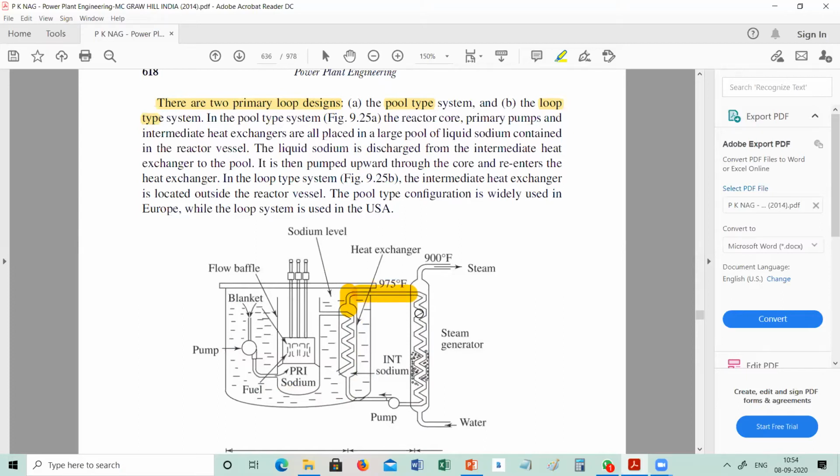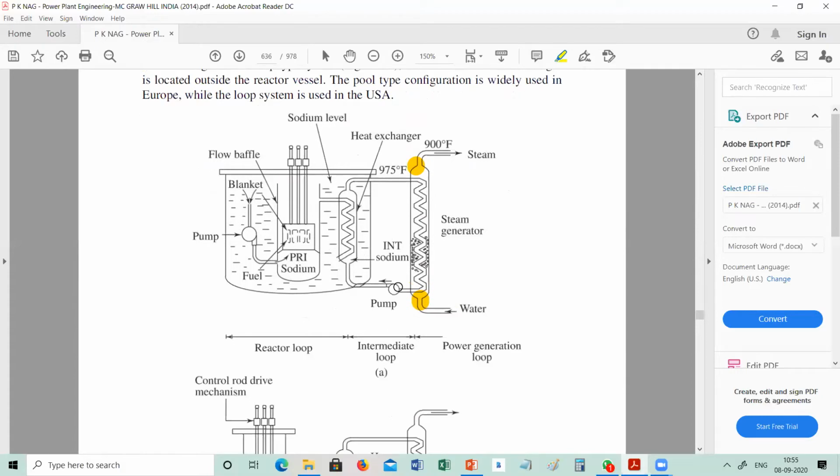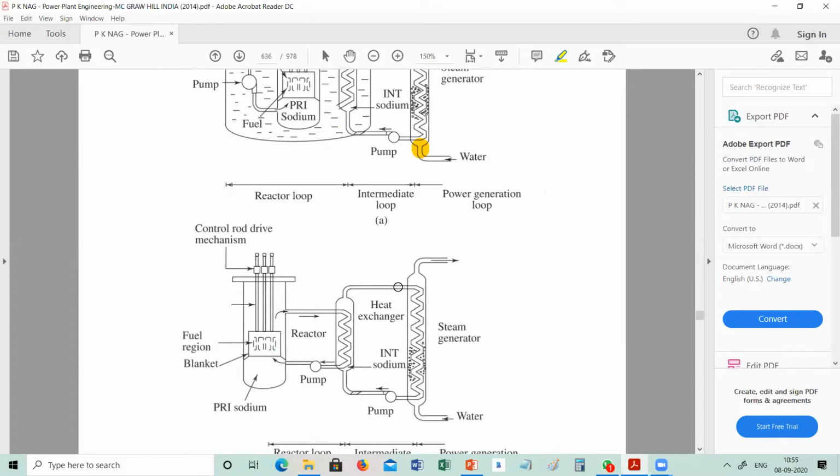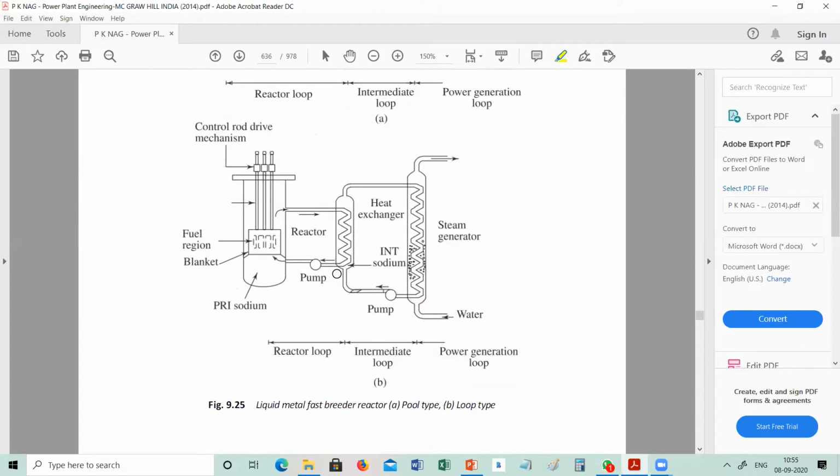Now this outer sodium, which is flowing through these zigzag pipes, is again surrounded by water. You can see that here is the water intake, and steam is coming out of here. The basic structure is the same, but the difference is that in pool type, the one heat exchanger is immersed in the sodium pool, which is in contact with the core or fuel. In loop type, what is the difference?